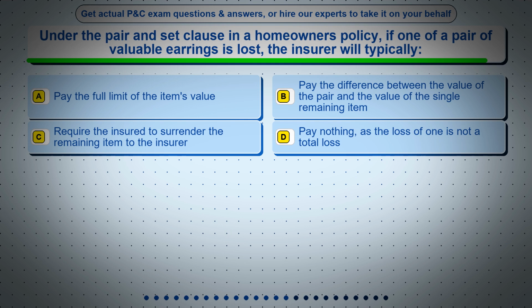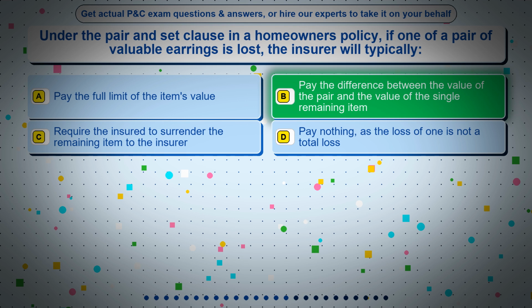Question 15. Under the pair and set clause in a homeowner's policy, if one of a pair of valuable earrings is lost, the insurer will typically: Option A, pay the full limit of the item's value. Option B, pay the difference between the value of the pair and the value of the single remaining item. Option C, require the insured to surrender the remaining item to the insurer. Option D, pay nothing, as the loss of one is not a total loss. The correct answer is option B, pay the difference between the value of the pair and the value of the